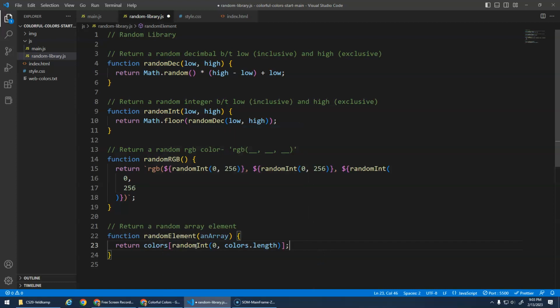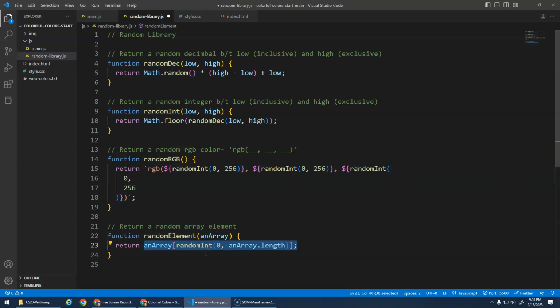Remember, this is a parameter. It's just going to store whatever array gets passed into this function. And we want to return an element. Actually, I'm going to paste what I did here, but we're going to change colors to array. So whatever array I pass into this function, it's going to get a random integer between 0 and up to the length of that array. It'll then look inside of the array, right, using the square brackets at that random integer and return whatever's in the array at that spot. Okay? So again, this is just this idea of functions allowing us to reuse the code, this idea of modularity, hiding complexity,